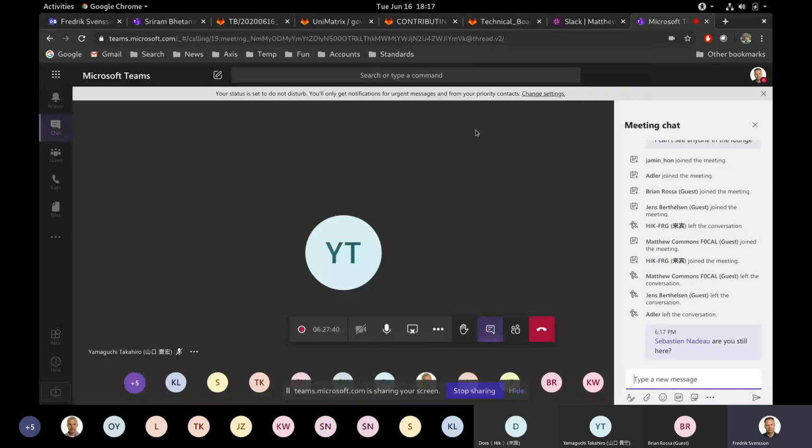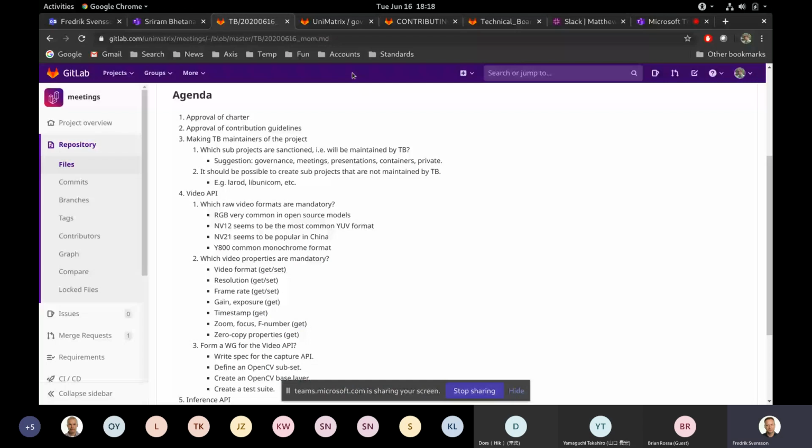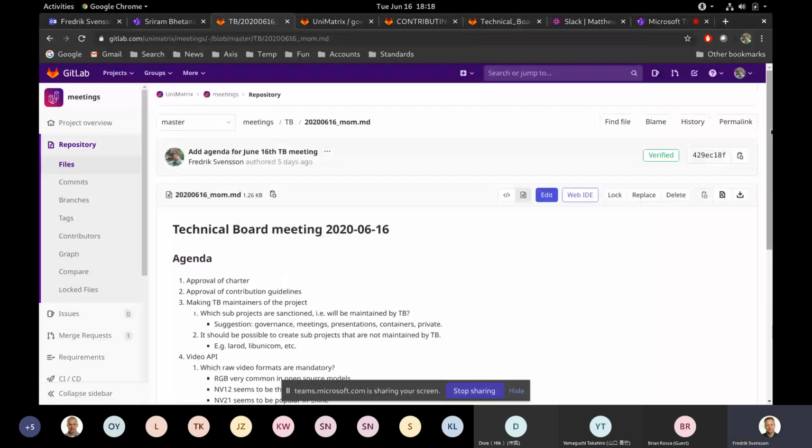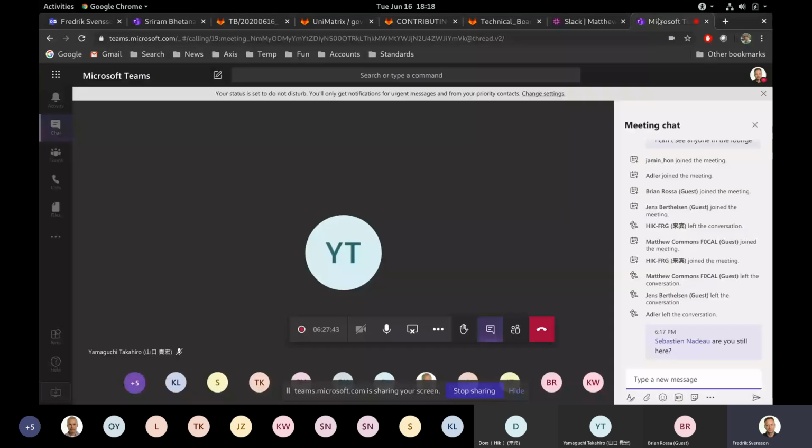I think we need his vote because the quorum actually requires us to have at least 5 members voting for approving charter modifications. So if he's not present,